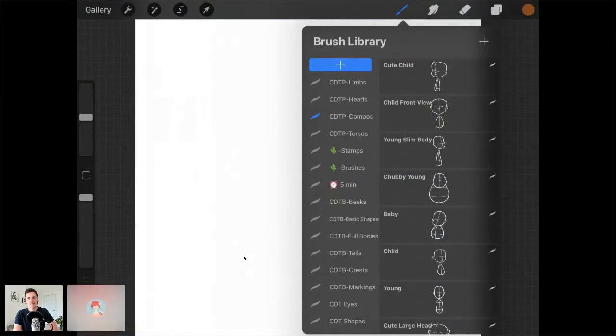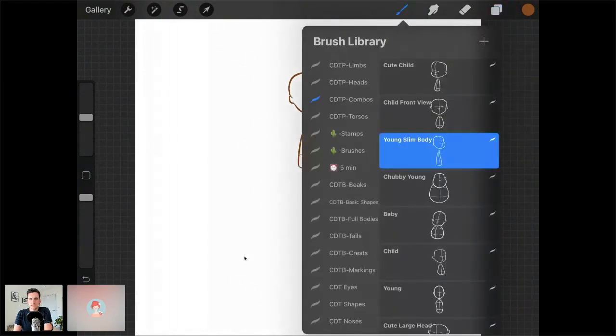Okay, so I would recommend, if you're totally brand new to drawing people, until you're feeling a little bit more comfortable, use one of the combo brushes where I've actually combined the head and the torso. So it takes the guesswork out of the proportion and placement. So if we just use that one, for example, and I stamp that out, and then on a new layer,